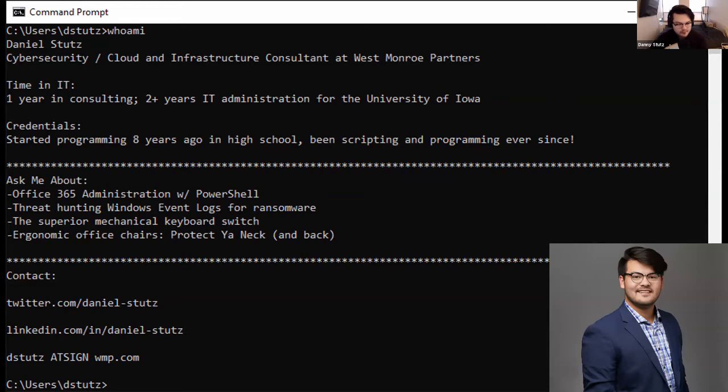But then a little more background on me. Some of my interests are Office 365 administration, especially with PowerShell and how you can kind of automate tasks or assess Office 365 environments. You can do a lot with PowerShell, especially in Office 365. And then additionally, I also do some threat hunting in Windows event logs. So we collect Windows event logs from hundreds of endpoints, and then we kind of look through them for malware, ransomware, things like that. And we try and find as many incidents as we can and stop them before they